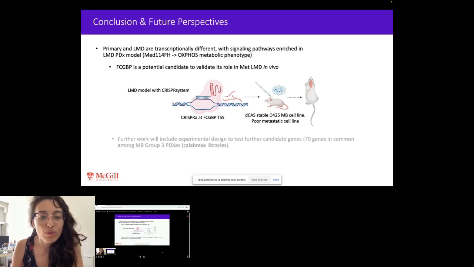Also, we aim to do further studies to pull the next genes that are in line, to understand which other genes and pathways could be enriching the metastatic phenotype. As you can see here, this is a combination of many things: bioinformatics, functional genomics, to try to understand a very complex phenomenon such as metastasis in the brain.